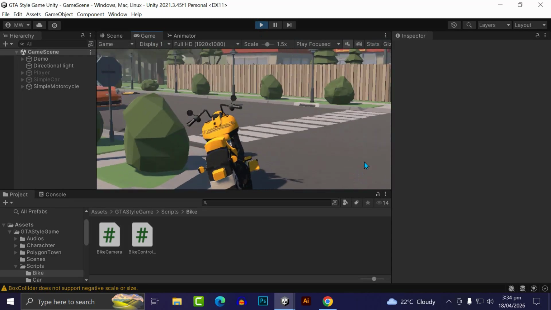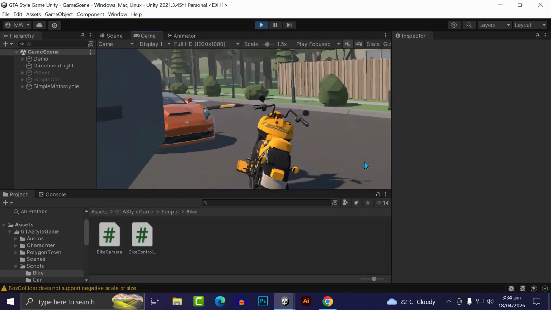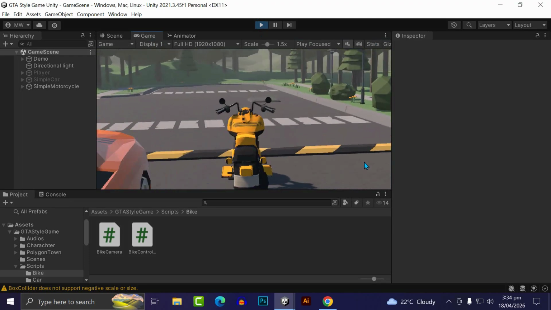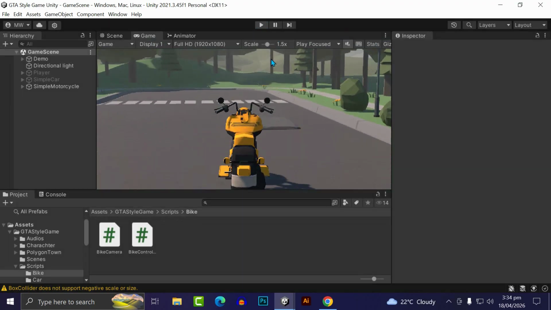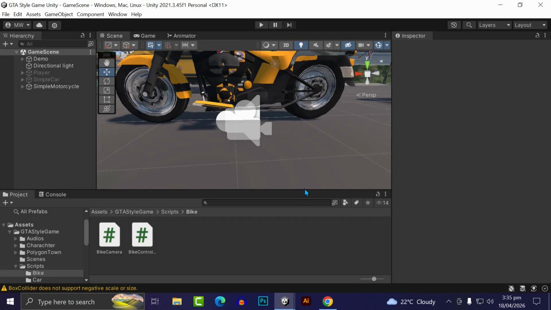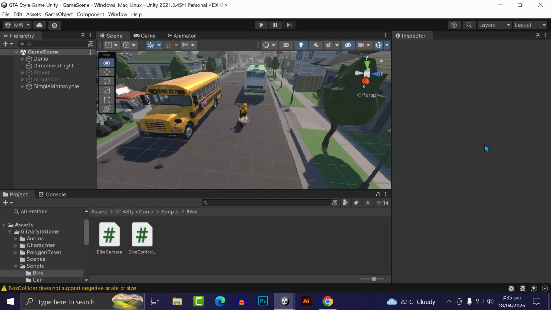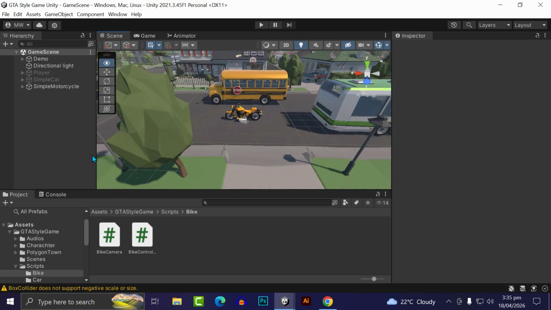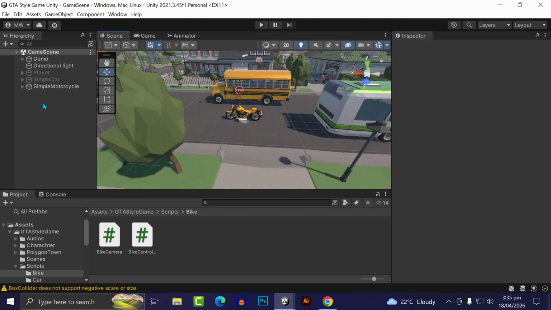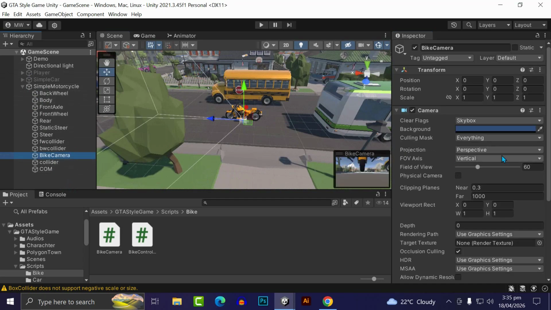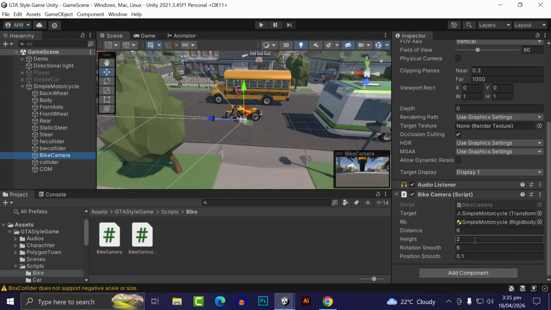So now we have a nice bike with the camera follow, and you can see that it looks great, and with a character it will look much better. Definitely you can change the angle. Actually what I did before is that if we change the camera, so for example if we extend it, and if we go to the bike camera, and here in the settings if we use